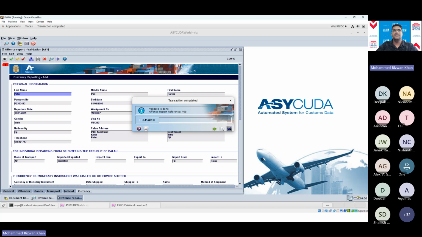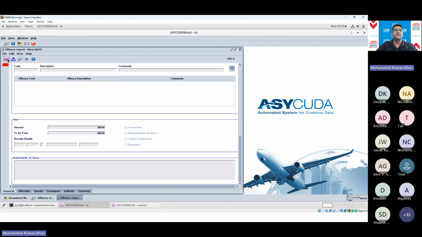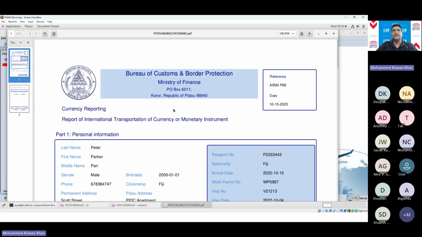Validation is done. After validation, you can print out the currency form. And this is different from the offense form. So the titles are different.